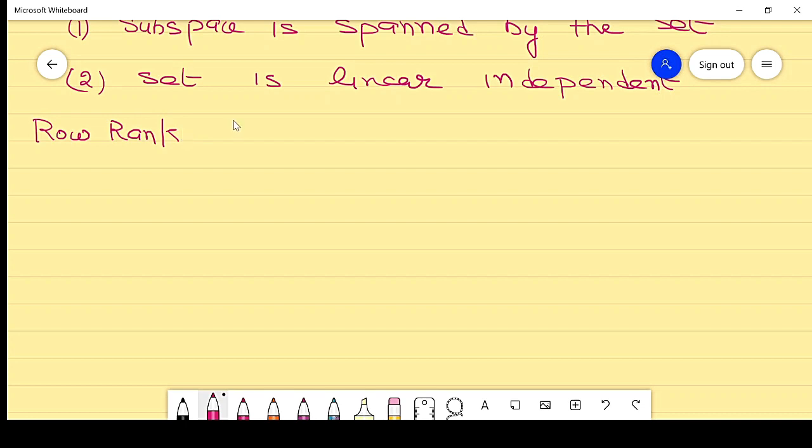So row rank of any matrix A, just understand this definition,